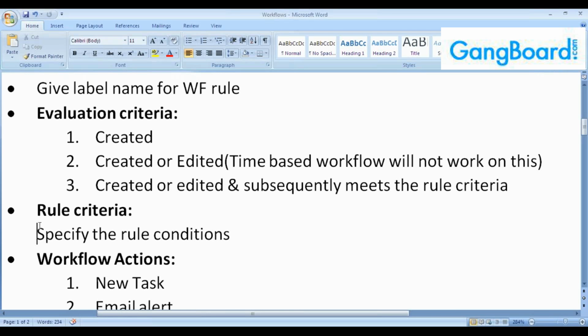So that is the condition: if a particular field value is equal to something, then you share the records. That would be the case. Here, the same. If the opportunity stage is 1 lakh, if the opportunity